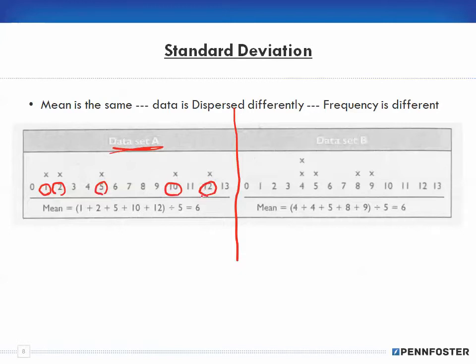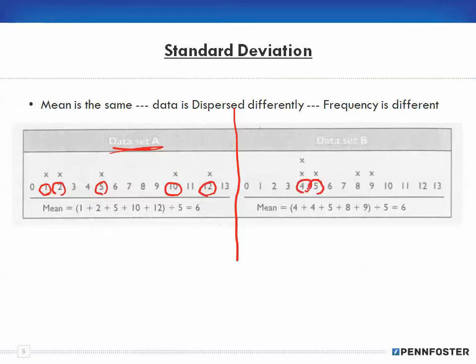12 is used. Okay, so in other words, let's say they had 0 through 13 on pieces of paper in a hat, and they pulled out a 1, a 2, a 5, a 10, and a 12. You can see the frequencies of this particular data set, because 1 was pulled out once, 2 was pulled out once, 5 was pulled out once, 10 was pulled out once, and 12 was pulled out once. But when they did it a second time,